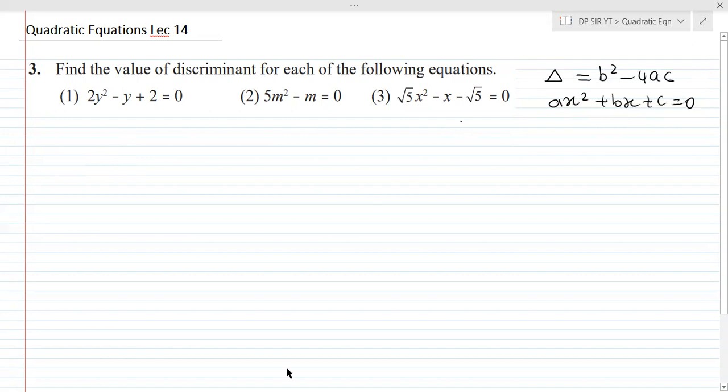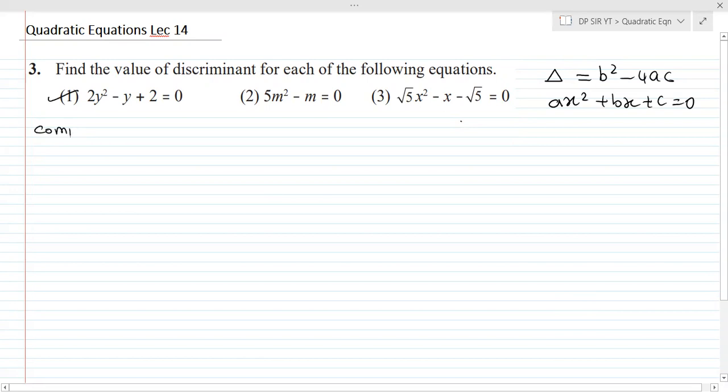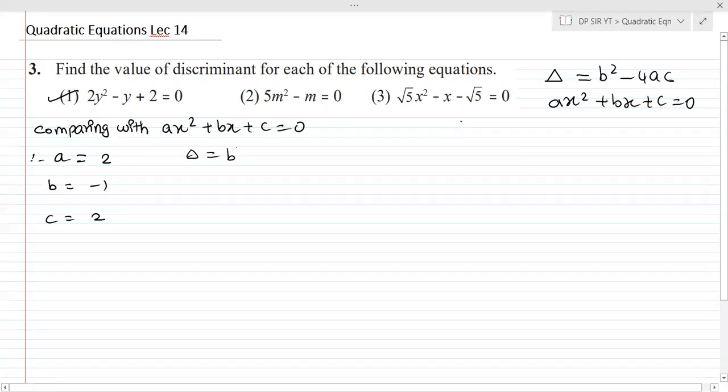Okay, and we'll start. There are only 3 questions. We'll complete it within 10 minutes. So first question is 2y square minus 2y plus 2 is equal to 0. Comparing it with general formula, so comparing with ax square plus bx plus c is equal to 0. Here you are going to get a value as 2, b value as minus 1 and c value as 2. Now for finding delta, that is discriminant, b square minus 4ac. So it is advisable to substitute the values in that,